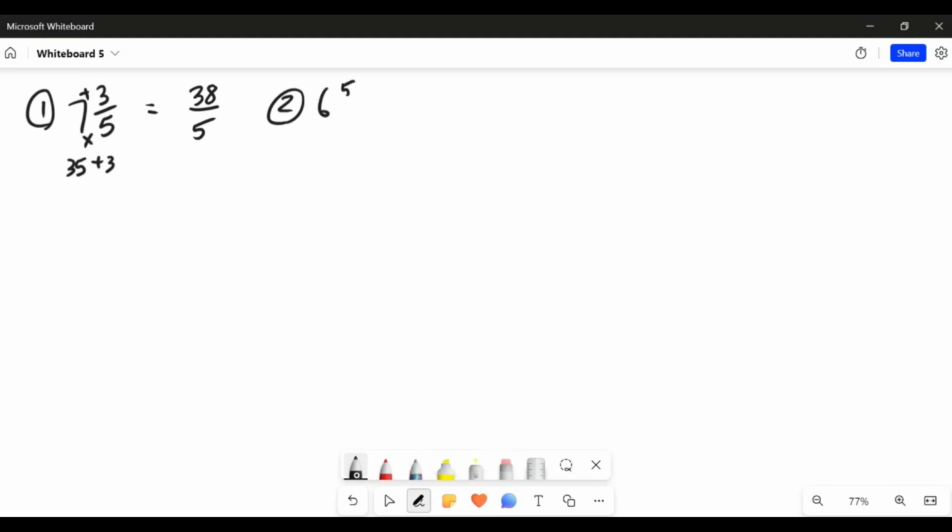Number 2, 6 5/8. We take the number on the bottom, we multiply it by the whole number part. 6 times 8 is 48. And then we add the numerator. And so 6 5/8 is the same as 53 eighths. Number 3 is 9 2/10. We take 10 and multiply it by 9 and get 90. Add the numerator. And so this becomes